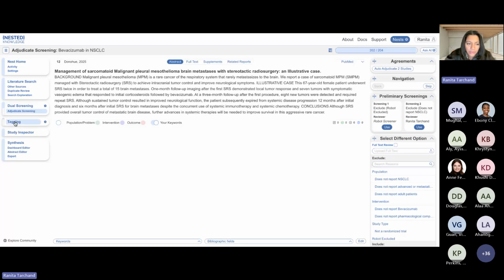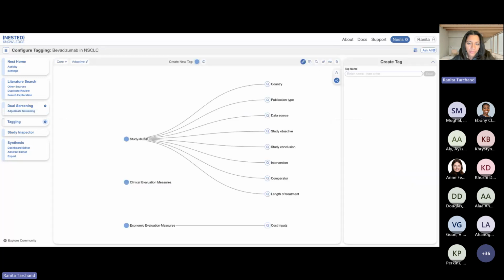So today's topic, we're going to be talking about the tagging process. I'm going to go into the gear icon next to tagging, and let's take a look at what this looks like. If you're following along with me, it's very likely your screen is going to be completely blank. But I did want to configure a few variables just to be able to show where we're going and what we're doing. So here are the first initial variables that I've laid out, and I've structured it